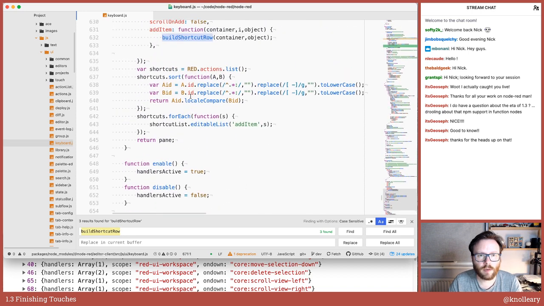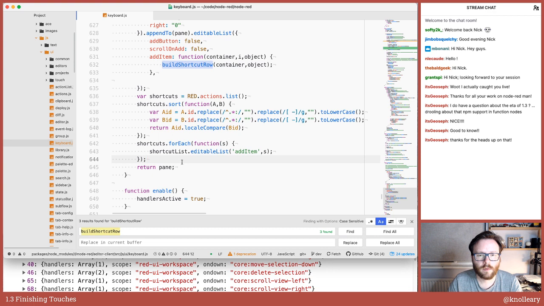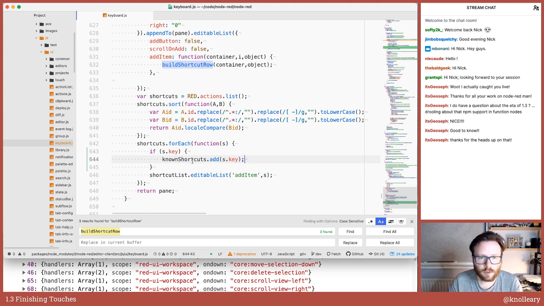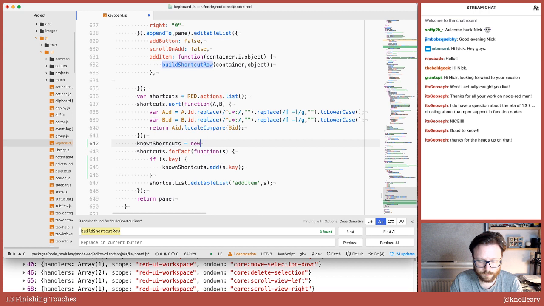Okay, known shortcuts, and then what we're going to do is build up a list. If s.key, oh no, we should initialize known shortcuts. So whenever we open up this edit dialog, we'll just build up a set of all the keys that we can see are in use, and yeah,